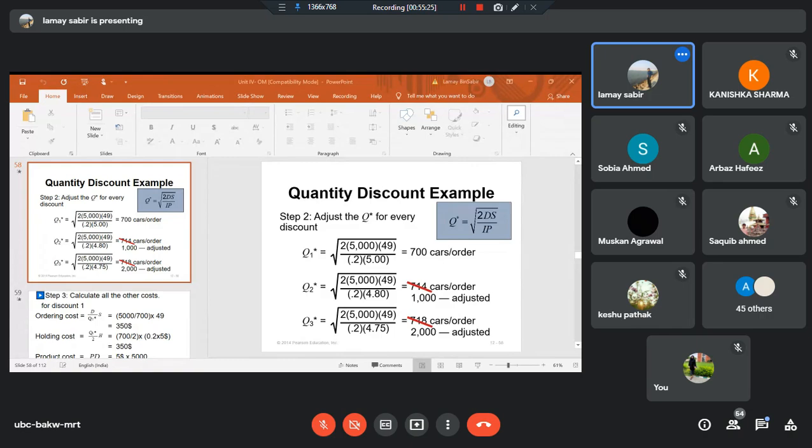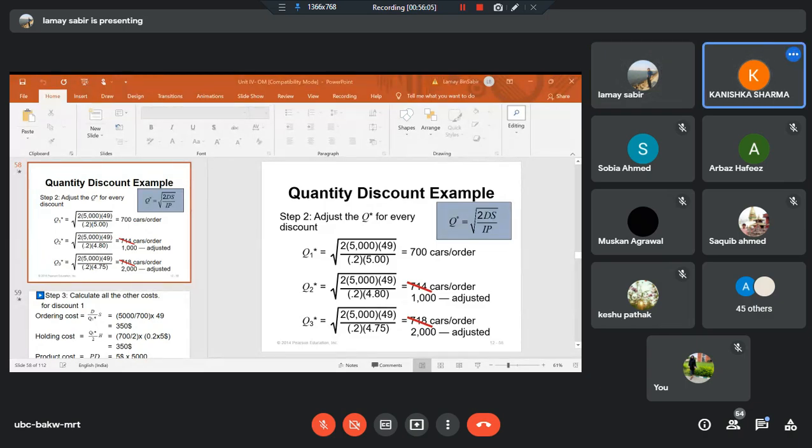और बताइए, Q1, Q2 is clear. What about Q3? Why should I move to 2000? Why not? I will keep it 718. ये clear है? Yes, sir. Okay. Now, my dear students, we have three values of Q. I am repeating again: Q1 700, Q2 1000 and Q3 2000. तो आप बताइए मुझे नेक्स्ट स्टेप क्या करना है. अभी मुझे ये डिसाइड नहीं हो पाया कौन सा बेस्ट क्वांटिटी है. What is the next step that I have to do?